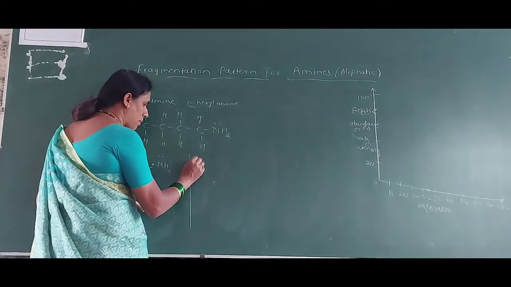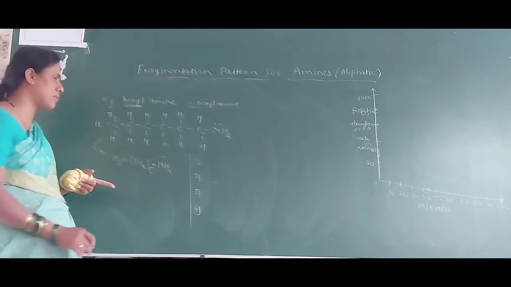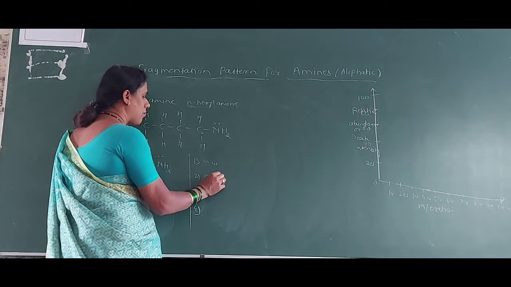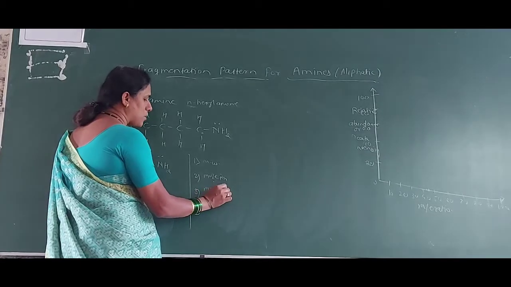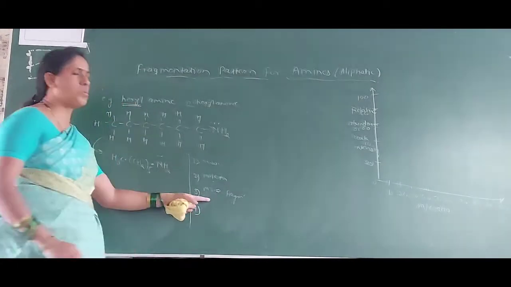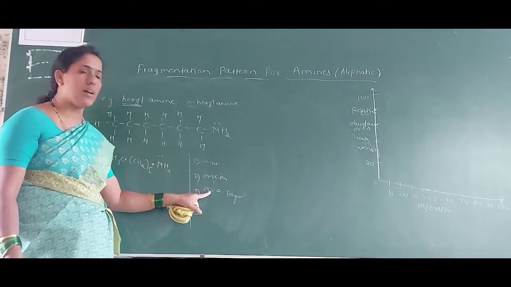First, we will make our steps as under. First is finding its molecular weight. Second is formation of the molecular ion. Third is the mass spectra. According to the mass spectra, you have to fragment the molecule in such a way that you get the number of peaks in the MS.